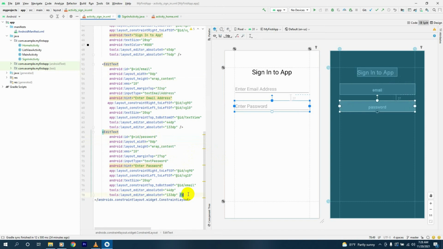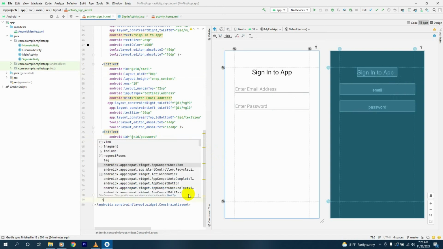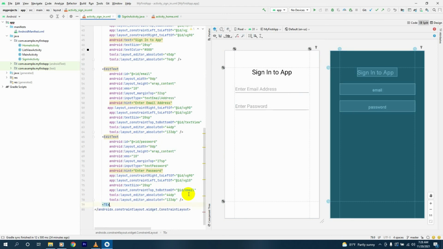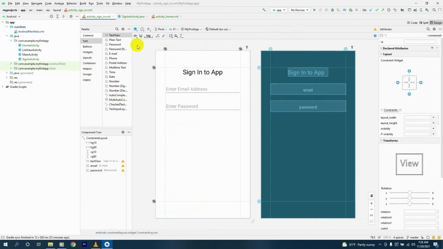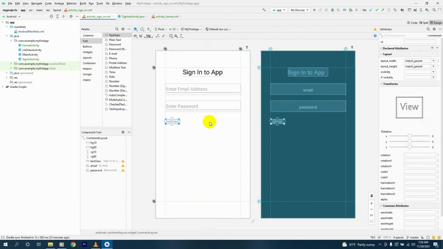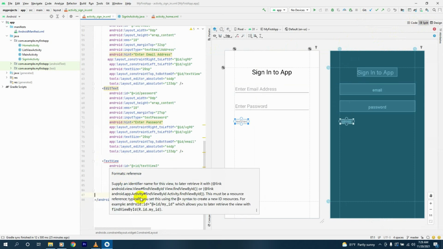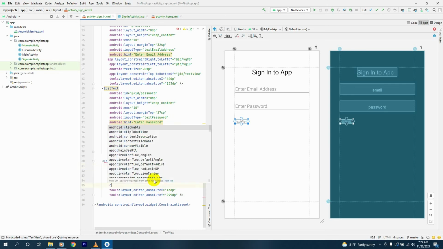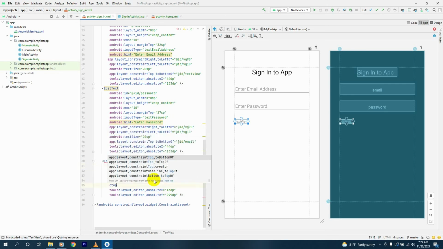Next thing, we'll make a text view here. We'll go to design view and select the text view and paste it here. And we'll call this text view sign. And now we'll give some constraint for our text view. We say constraint top to bottom of as password,